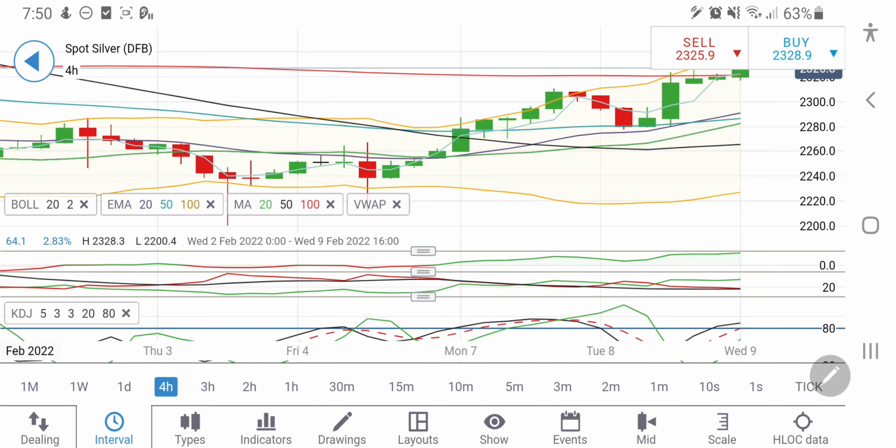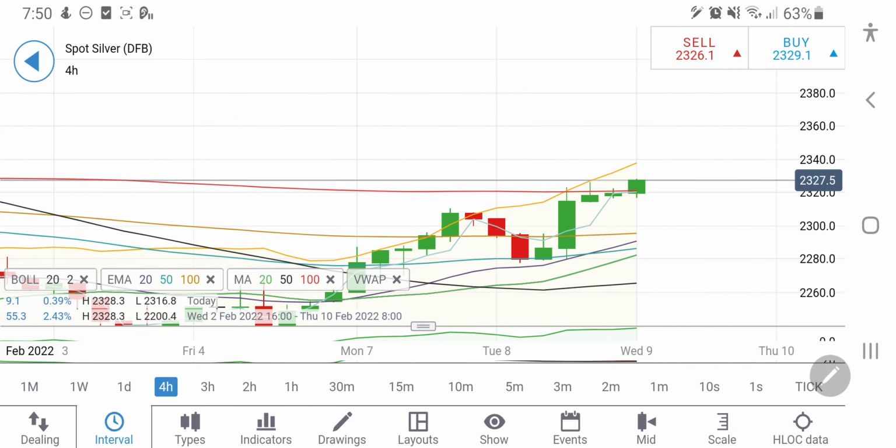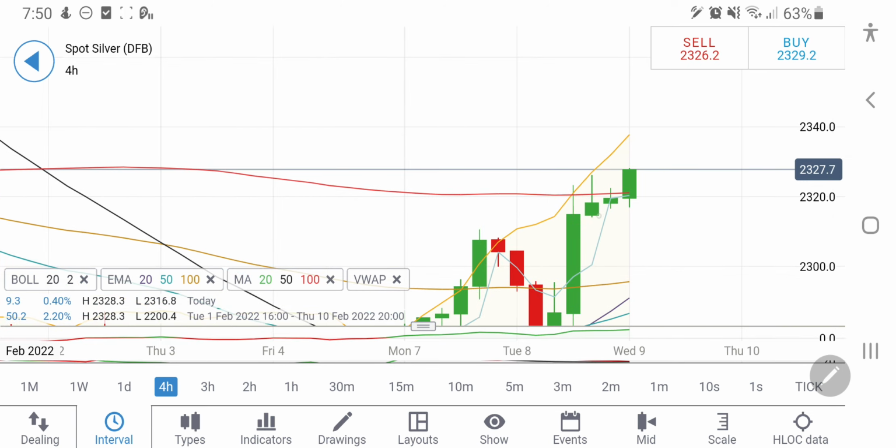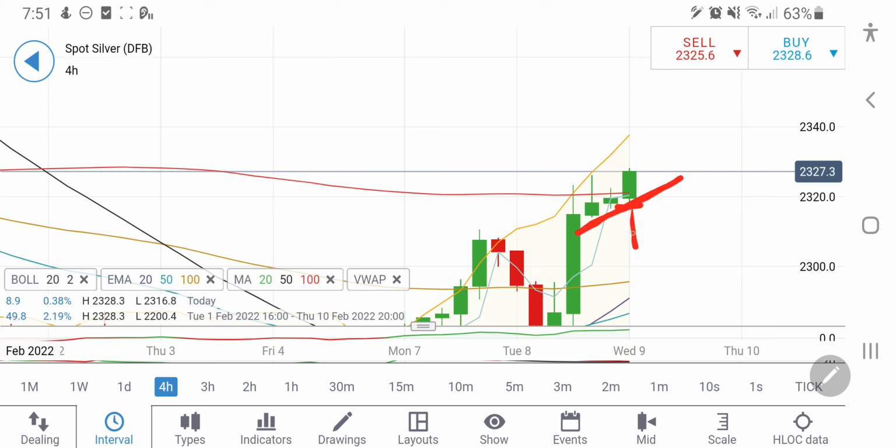Now look at the 4-hour charts. Looking at the 4-hour charts, it is still bullish and it is trying to trade higher lows. Now the support coming into picture at 2318. As I said, once it breaks 2318, you can take a short entry there and you can again expect it to drop. Also on the upside, it might try to achieve 2340 levels before it tries to drop a little. But yes, 2340, 2348 and 2360 can be achieved on silver.